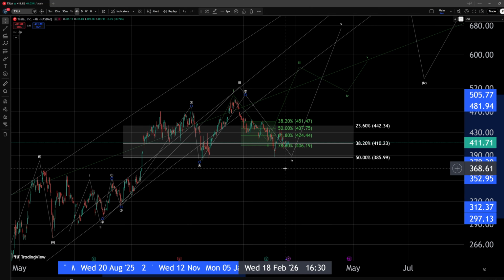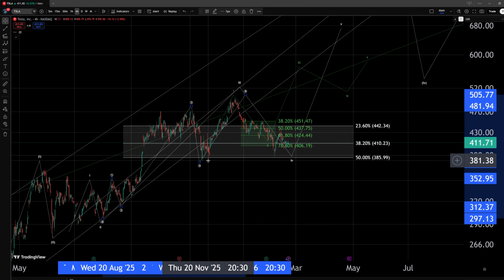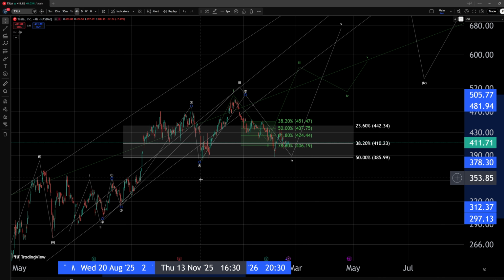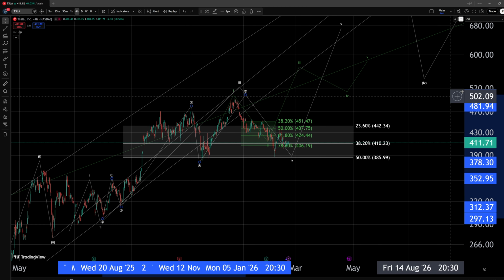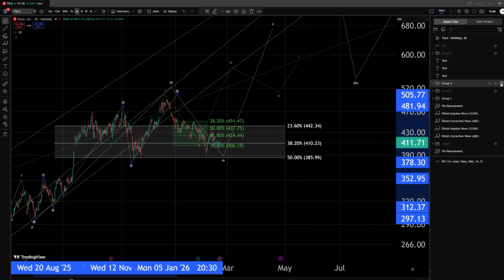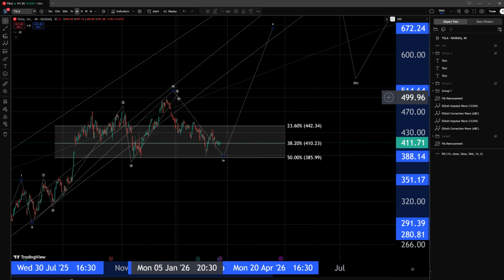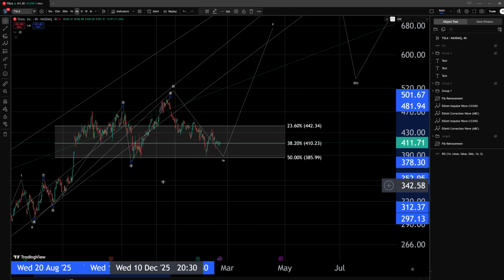Unfortunately, the area of support did not manage to hold. Technically, this hasn't been fully invalidated, but the likelihood of this structure still succeeding is next to zero, to be honest, and I will not be tracking this interpretation any longer. I will consider that we have a top within this area and that we are looking for a larger correction,